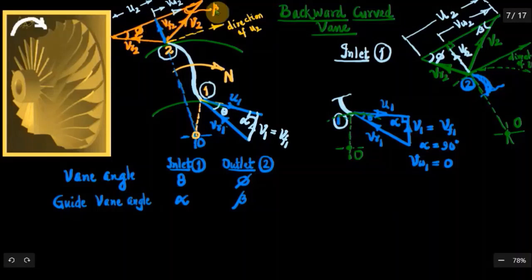And VW2, the whirl component of velocity, is there. Just consider this diagram: VR2 we know, U2 we know, and then V2 will be the resultant of VR2 and U2. So V2 will be like this. That means the absolute velocity of air coming out of the impeller takes this path. It goes to the diffuser and then is finally discharged. So this is VR2, this is U2, and this is V2. So the triangle is closed.